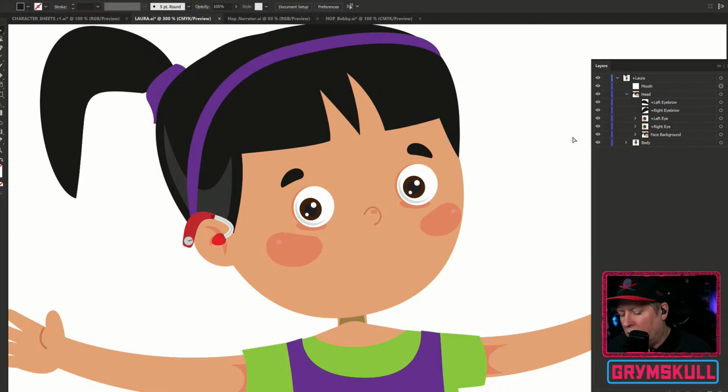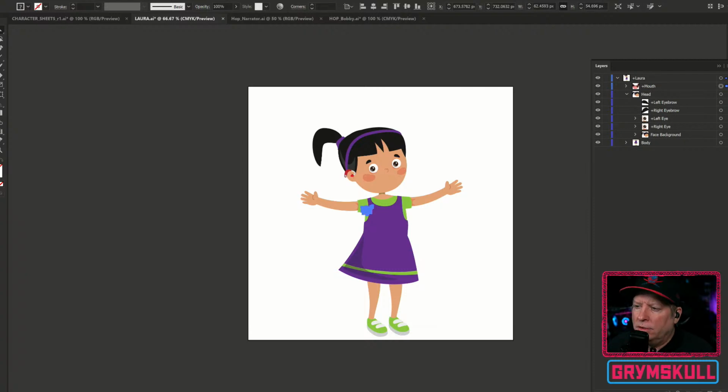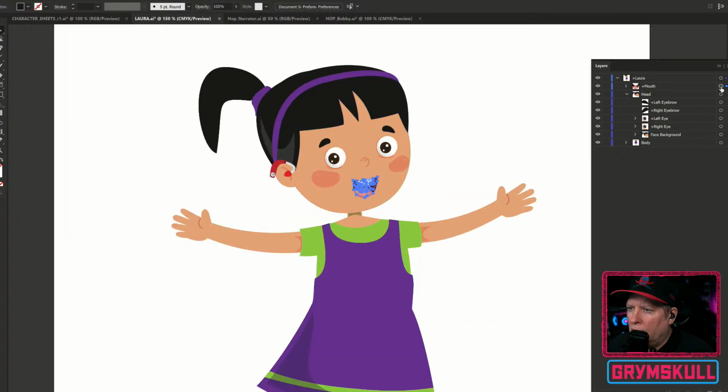I may have to move things out, but let's zoom out a bit. Okay, boom. All right, so that's way down there. We can just delete that one because it placed it where it needed to go. I think the mouth may be a little bit too small. No, that's good. Mouth.